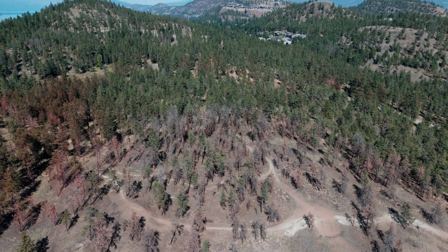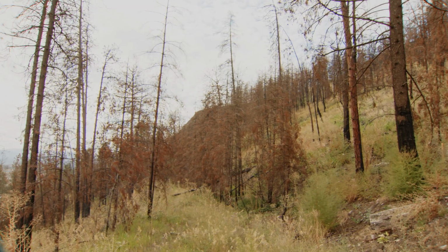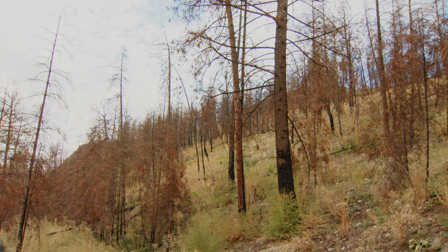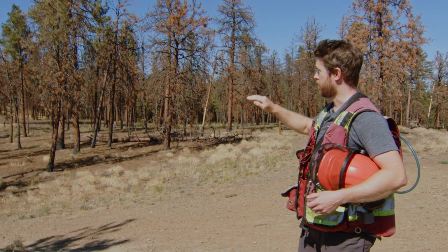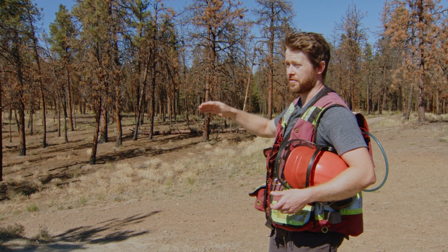This is the site of the July 1st, 2023 Knox Mountain fire. It was very windy that day, so we had these hot winds blowing upslope, and the fire came up the slope. And as we can see here, a lot of the trees at the top of the slope died, but a fair number survived. When you came in here right after the fire, the trees didn't actually burn. The base of the tree burned, the surface fire happened, and it was the heat from the fire that actually killed these